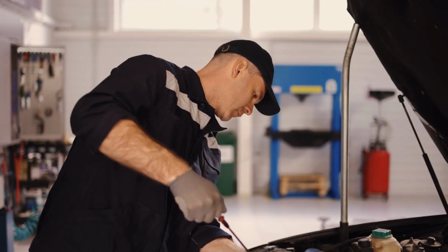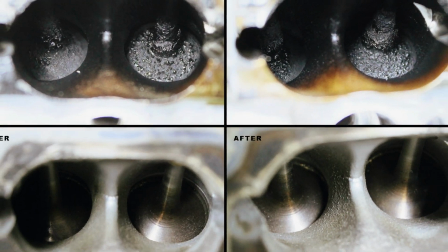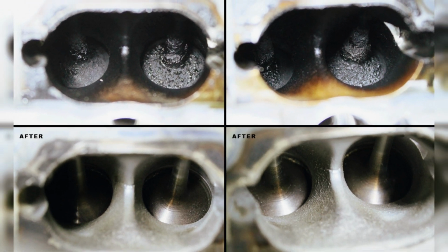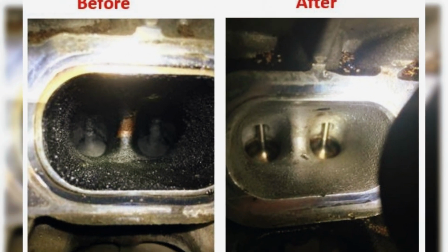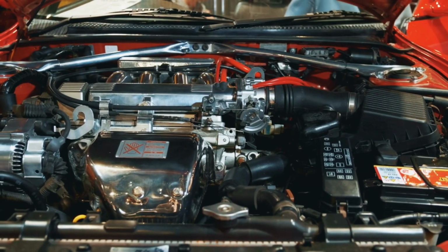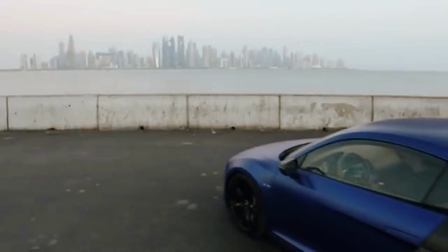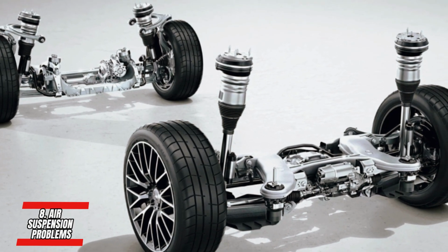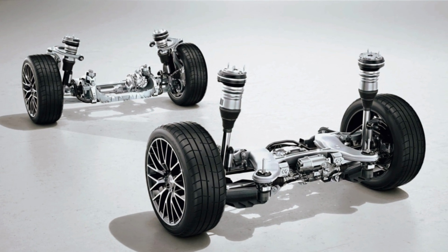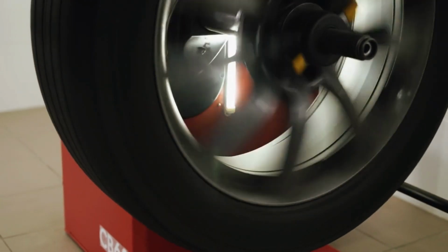The best way to tackle carbon buildup is through periodic cleaning. A popular method for cleaning intake valves is walnut blasting, which removes carbon deposits effectively. Regularly maintaining your vehicle, using high-quality fuel, and getting periodic inspections can help reduce carbon buildup and keep your R8 running smoothly. 8. Air suspension problems. The air suspension system in the Audi R8 Typ 4S is designed to improve comfort and handling, especially in a